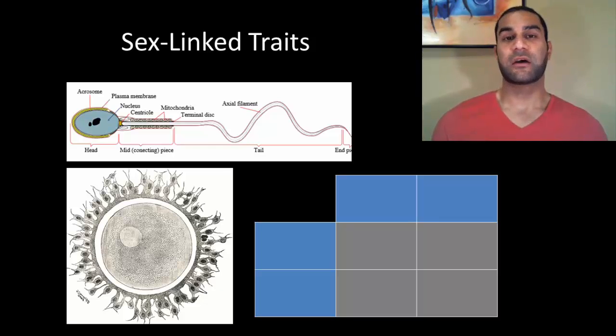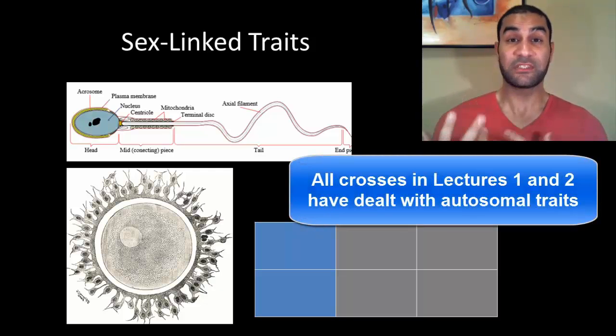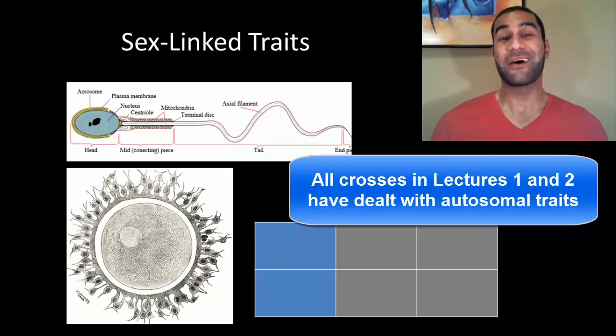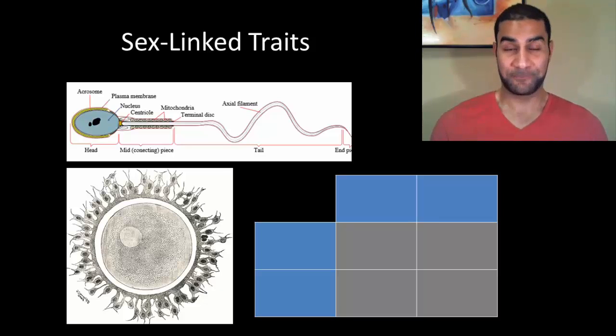So if a trait is on an autosomal chromosome, then it doesn't matter which one's the mom and which one's the dad, because they'll both have the same chance of contributing the same type of information. Because again, everybody has 2 of each of the first 22 pairs. However, if we're talking about a trait that's actually found on the sex chromosomes, now it matters which one is the mom and which one's the dad. Before it didn't matter. But if we're talking about a sex-linked trait, it absolutely matters, because depending on if you're a guy or a girl, you're giving different combinations of your alleles in terms of that final 23rd pair and